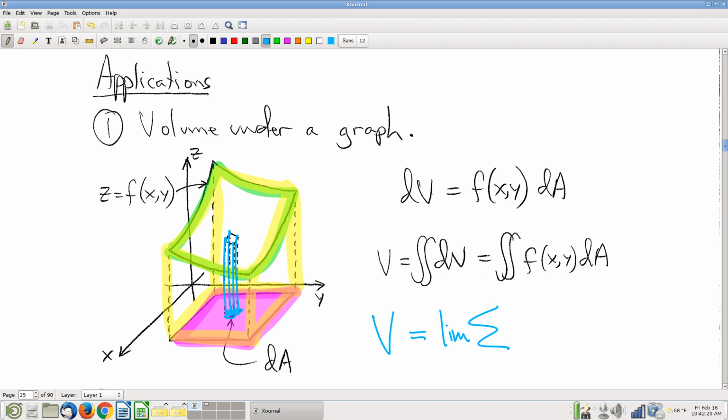Right? If I look at one little piece of area at a time down there, and if I ask, what is the volume sitting over that sub-rectangle, that little thin